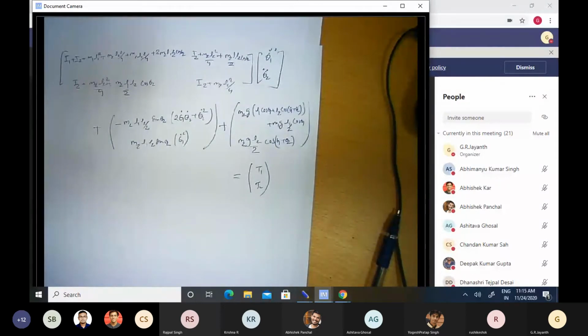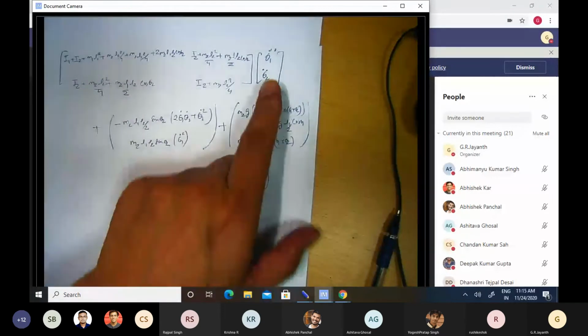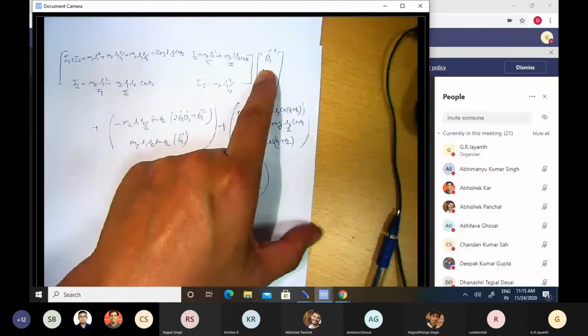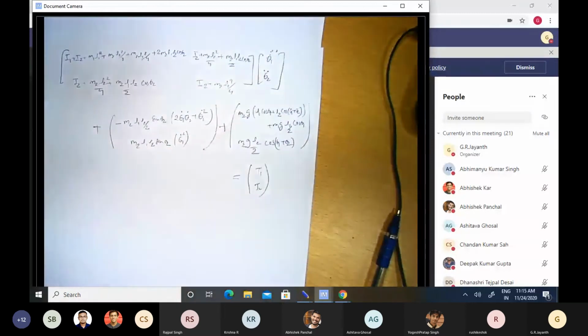Imagine how many of these similar symbols we would need to plod through if we had chosen to use the Newton-Euler formulation and did not have the Lagrange formalism available to us. For a general n-link manipulator, imagine how much more difficult it would have been to simplify expressions. Even with the machinery that helps us simplify, we end up with such a complicated looking equation that relates the generalized coordinates, in this case the joint variables theta 1, theta 2 and their derivatives, to the torque. So it looks complicated.